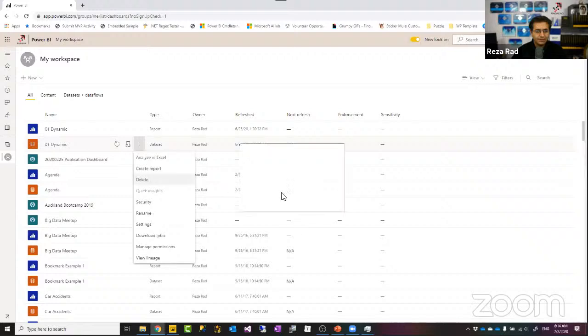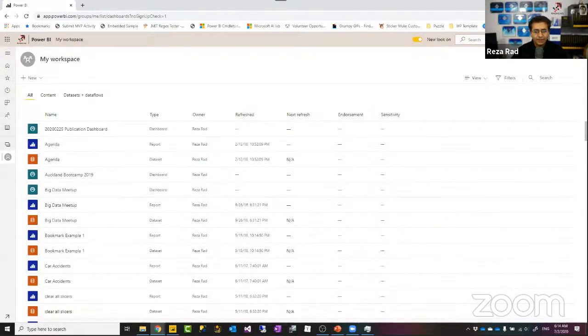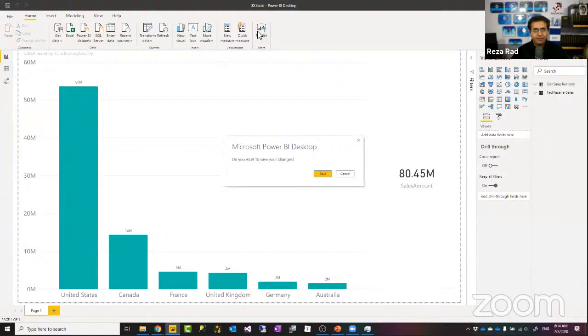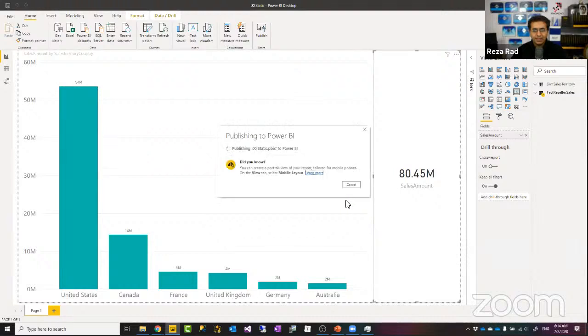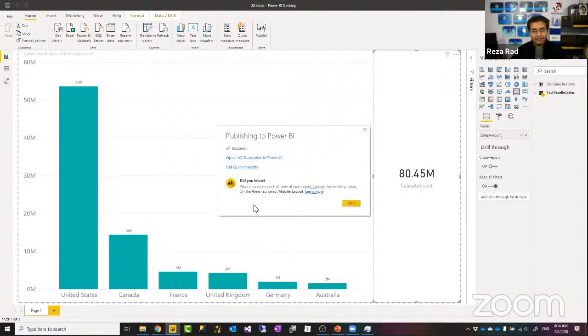And deleting this one. Okay, now I'm going back here. I'm publishing this Power BI report into the website. You can publish it to a workspace and then share it using the Power BI apps on top of it, which is the proper way of doing it. For this example, however, I publish it only to my workspace. Anyone who has edit access on this content in the Power BI website would be able to see everything. Only read-only access will get the row level security filter applied to them.